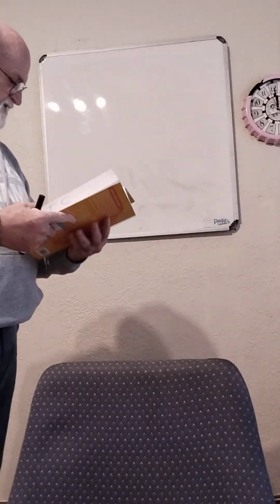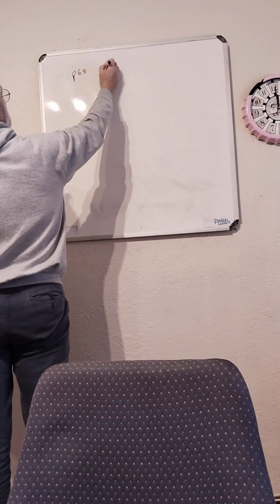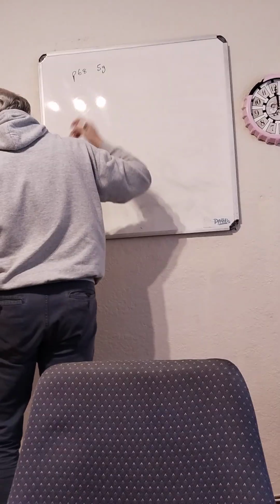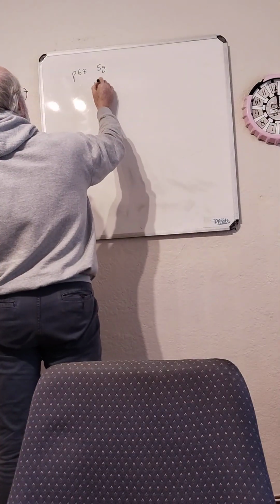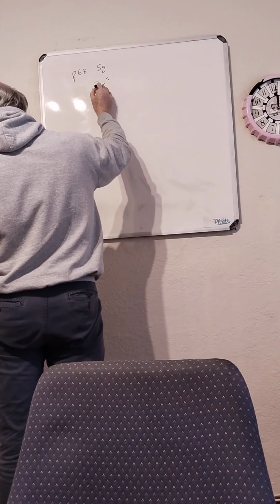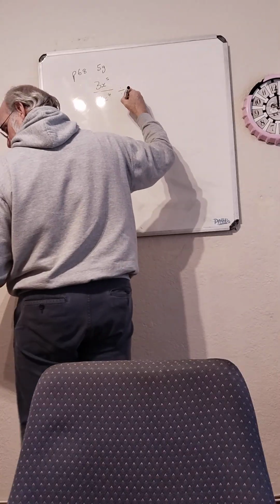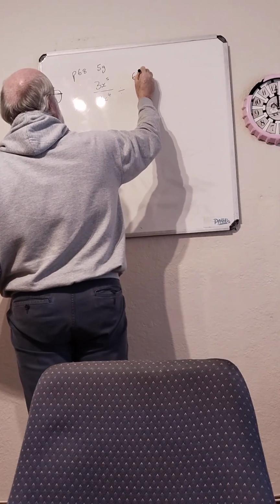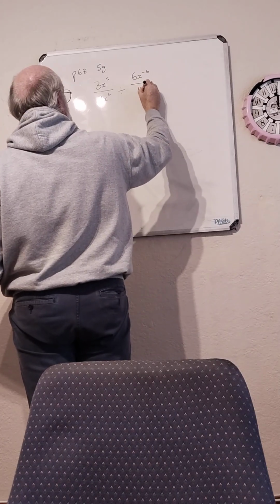Okay, we are on chapter 2's practice questions at the end of the chapter on page 68, looking at 5G, right? Yeah. So page 68, 5G, and it says 3x to the power 5 over 7x to the power 4 divided by, and we've got 6x to the negative 6 over 14x to the